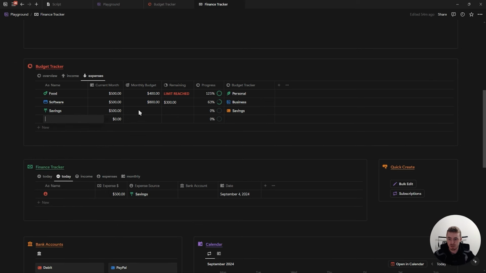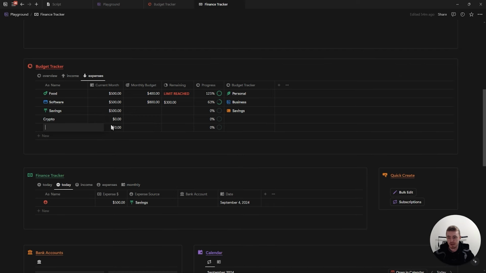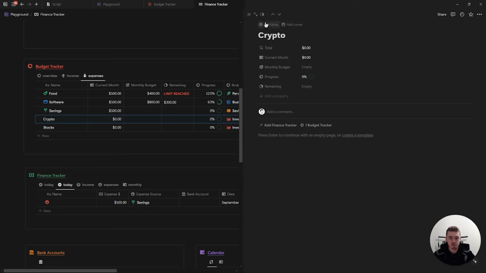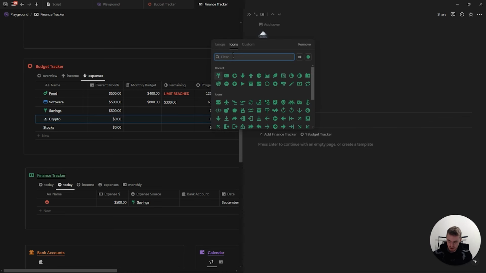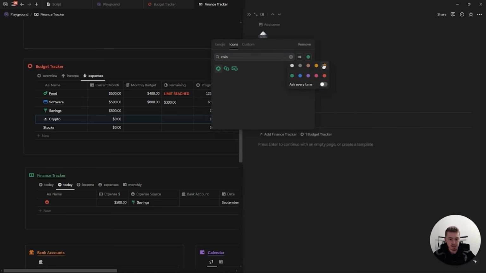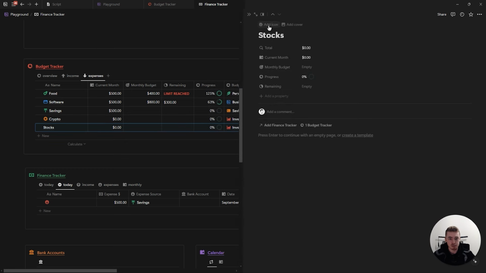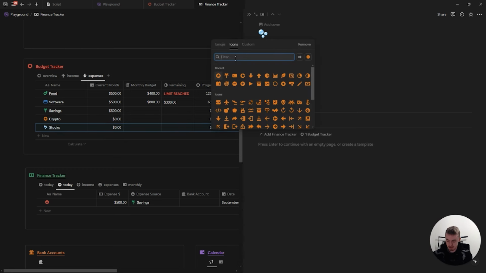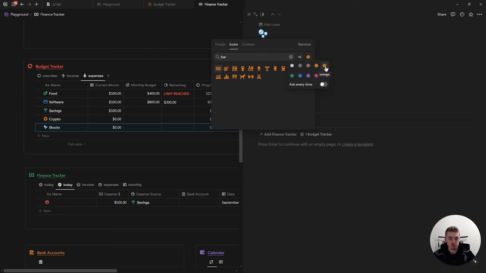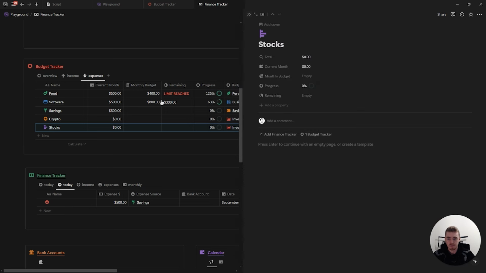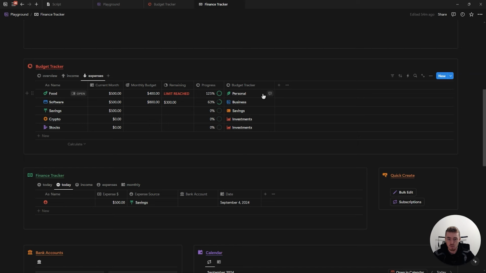And then you can also add ones for investments. So let's say you have crypto, that would be one. Let's say stocks, that would be one. And then both of these, you would just link to investments. So let's just do that. So I have one of each. For crypto, I'm just going to give a money icon. It's important to add icons to everything so it looks nice. So you actually want to use this dashboard. Stocks, same thing. Let's do, I guess, a bar chart or something. So I'm just going to use this one. And yeah, now that we have one for each of the 4 pillars, we can go ahead and create the